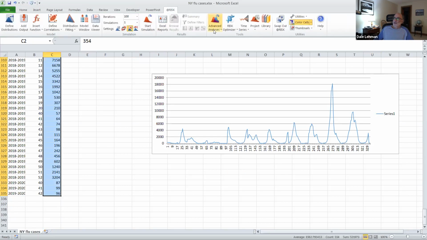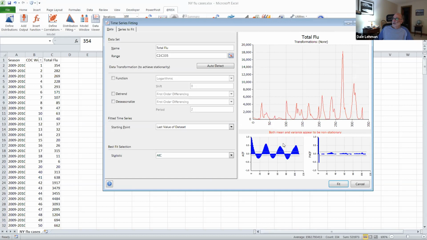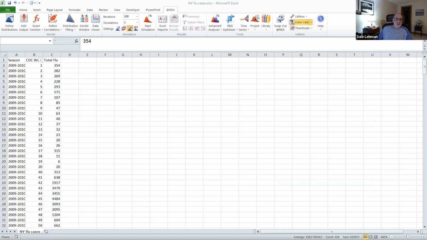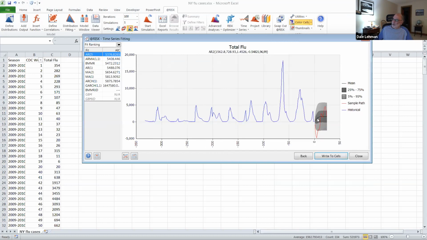and go to @RISK, fit a time series. Mean and variance appear to be non-stationary. Generally, that means that if there's trend and seasonality, they're not being picked up automatically. If you were to go directly to fit here, it gives you a warning that those were non-stationary. And look at the black line, the forecast. It's basically giving you a flat forecast equal to pretty much the average of what all the weekly data look like,